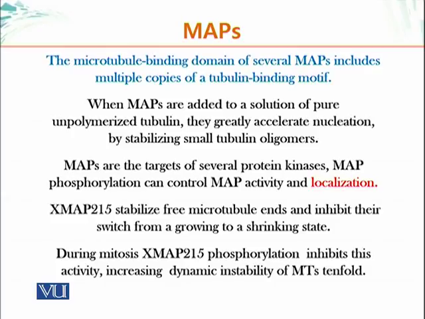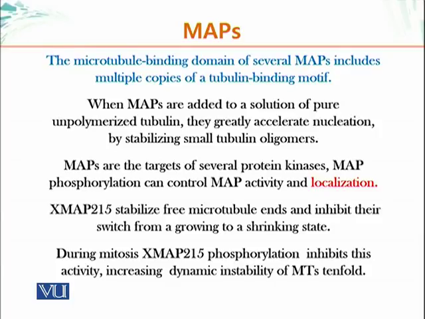There is a ubiquitous MAP called XMAP215, which has close homologs in organisms that range from yeast to human. XMAP stands for Xenopus, which is frog, microtubule-associated protein, and the number refers to its molecular weight. XMAP215 stabilizes free microtubule ends and inhibits their switch from growing to shrinking state. During mitosis,